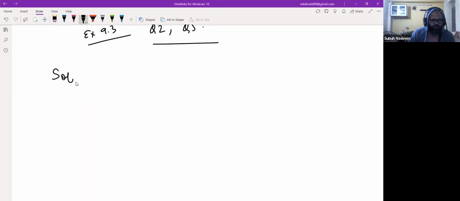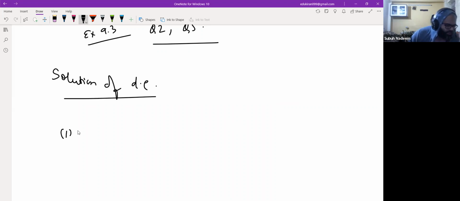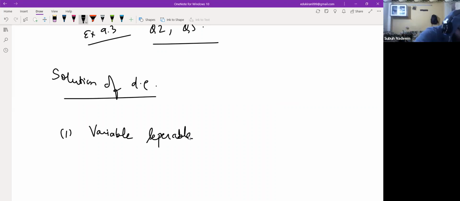So we have solution of differential equation. The first method is variable separable. This is the most basic method. So here what we have is to simply separate the variable. I will give you an example here. Like we have